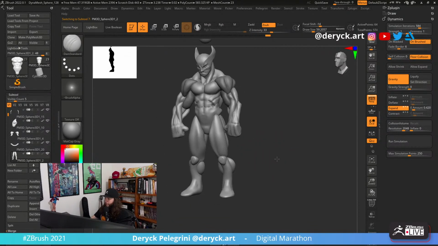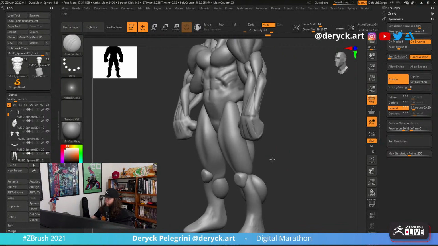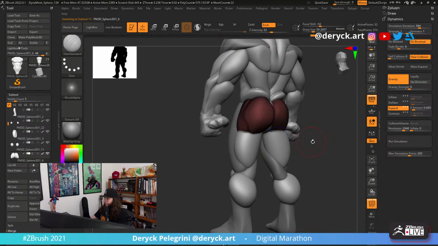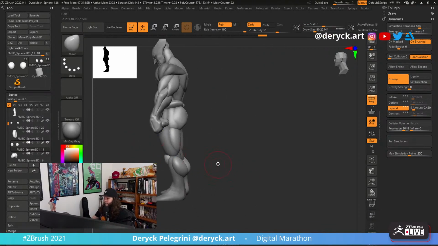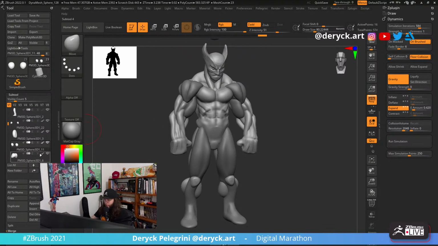So I'm gonna try to merge this leg together, because right now we have a bunch of spheres here representing the leg of the character. So I'm gonna try to merge everything up, all of those leg parts together.